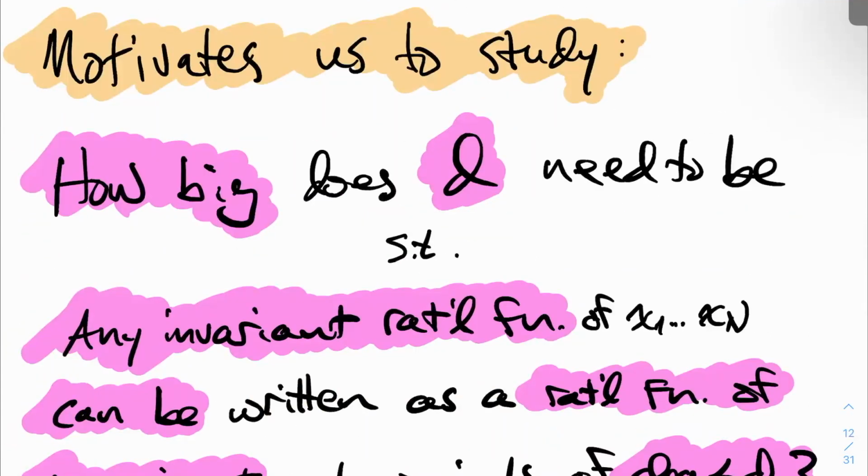So the point of all that is that it motivates us to study the following strictly algebraic question. How big does D need to be such that any invariant rational function of the coordinate functions on your original vector space can be written as a rational function of invariant polynomials of less than or equal to that degree? So I think this is a great algebraic question that's very well motivated by the signal processing application. And I'm going to tell you that